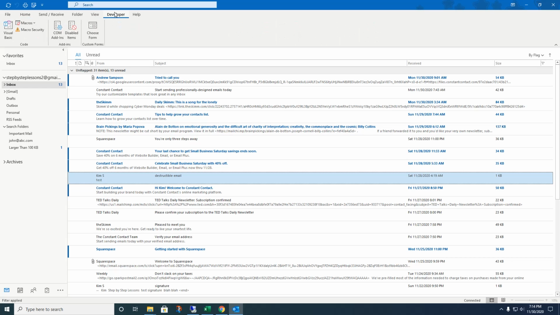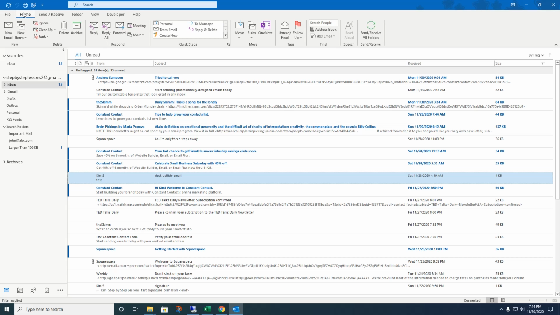This lets you create macros and gives you some more add-ins. You can make custom forms and things like that. So it's kind of a cool advanced feature. I'm not going to go into it today. I just wanted to show you how to get that tab. So next thing I want to show you is how to mark a message as read when you